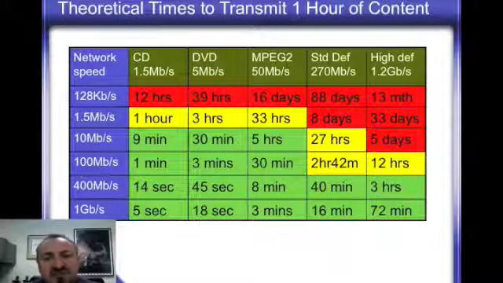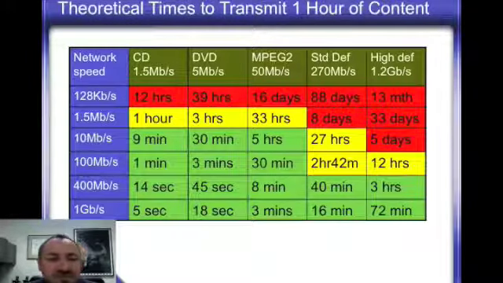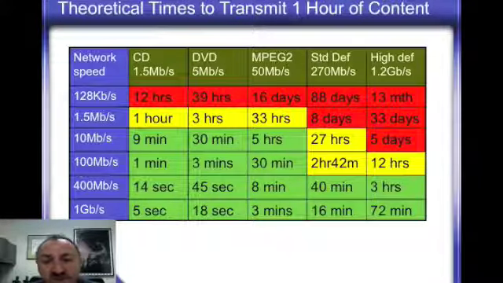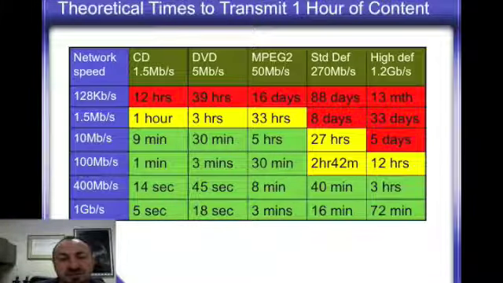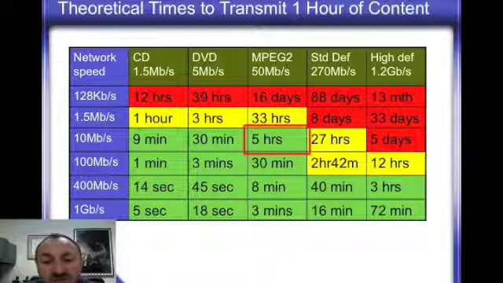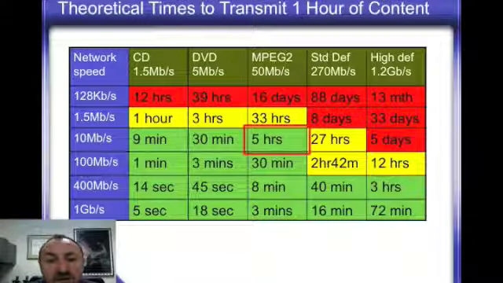Things get very interesting when you're talking about getting a network connection of 10 megabits per second and up. And again, I think everyone's one size fits all. One size does not fit all. It depends on how much content you need to move and how much time. But what's interesting is if you're going to move an MPEG-2 very high quality standard definition tape on a 10 megabit per second link, you're going to be able to move that in about 5 hours, which is almost a 5-fold improvement over FedEx in terms of time.